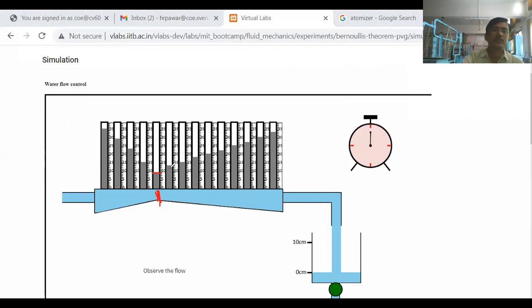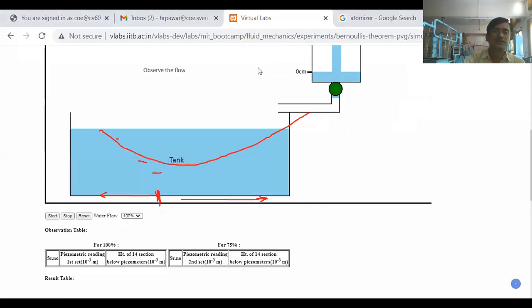Are you getting the point? And it is increasing on this side because the area is increasing here, means velocity will decrease and pressure head will increase. Similarly, area is going on increasing here, velocity head will decrease, and pressure head will increase, right? So you can see the curve like this practically, right? Now again I will start the motor. Now water is entering inside this.